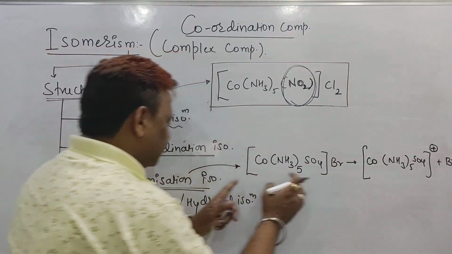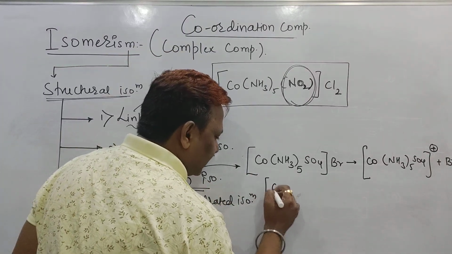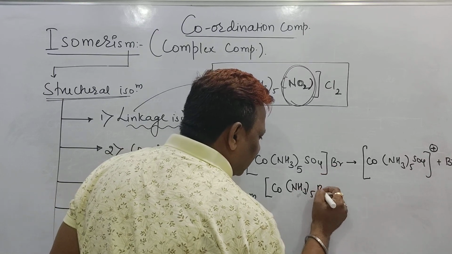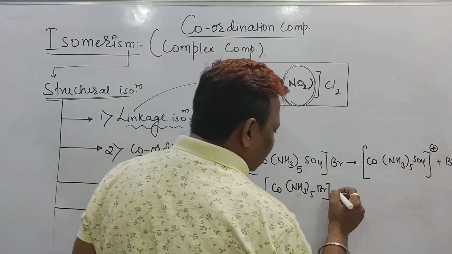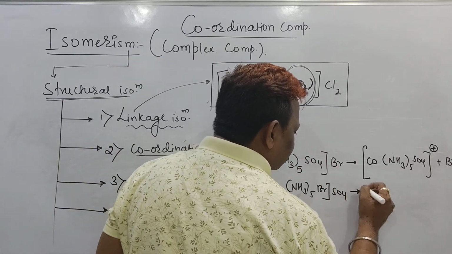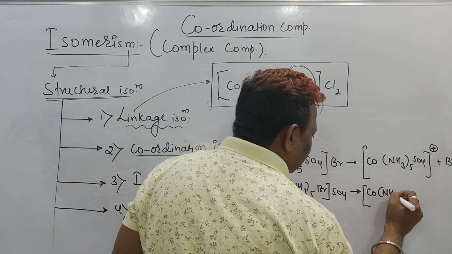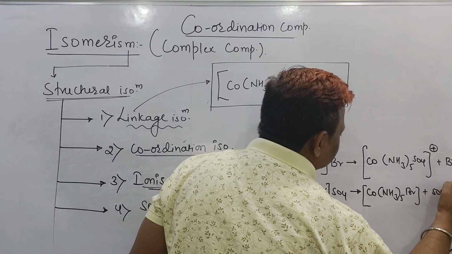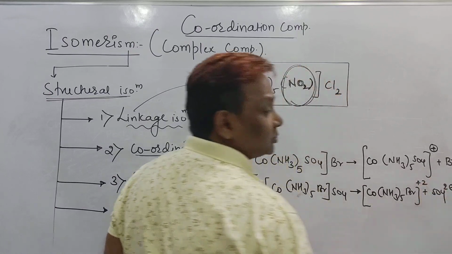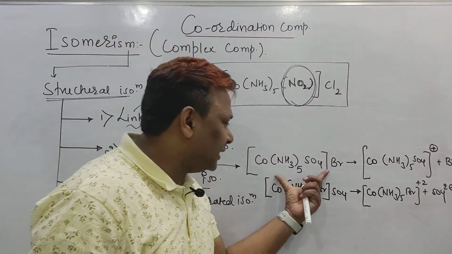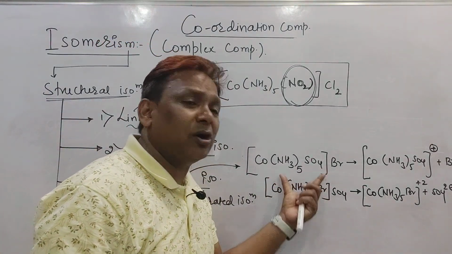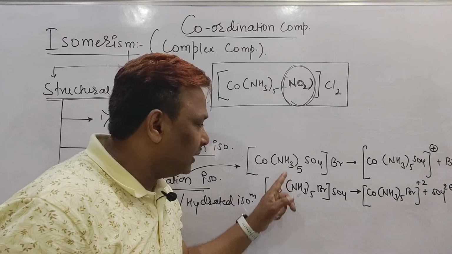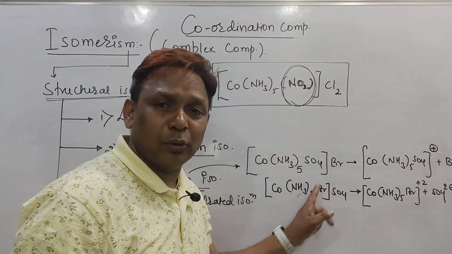But what is the ionization isomer of this one? One more cobalt, then we have ammonia 5 times. Instead of sulfate, Br will come as a ligand, and sulfate becomes the counter ion. When you dissolve it, I will get cobalt with ammonia 5 times and one Br, and I get the sulfate ion, -2 becoming +2. This means these two are ionization isomers of each other. How do we know? Central metal atom same, ligand same, radical same, bromide ion same.